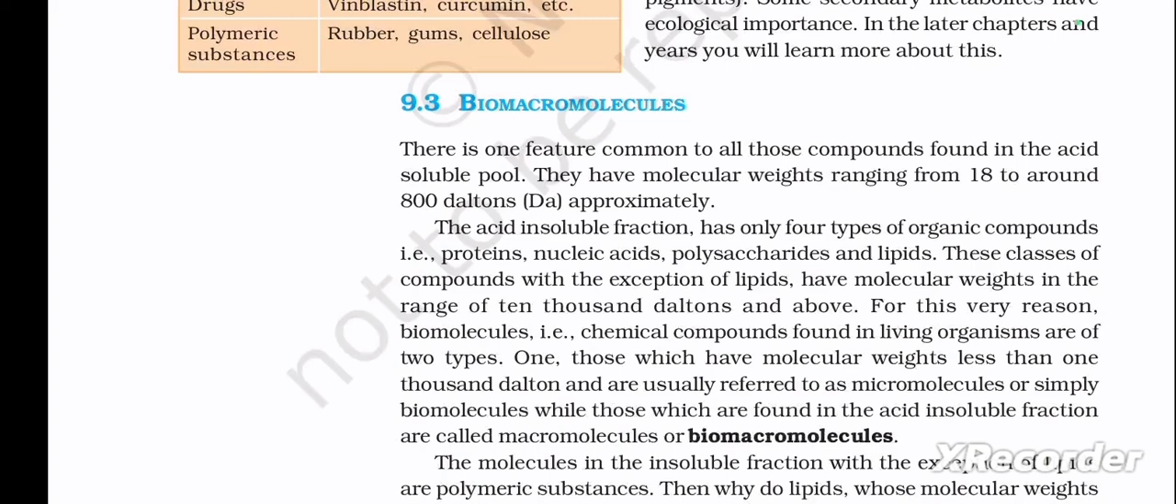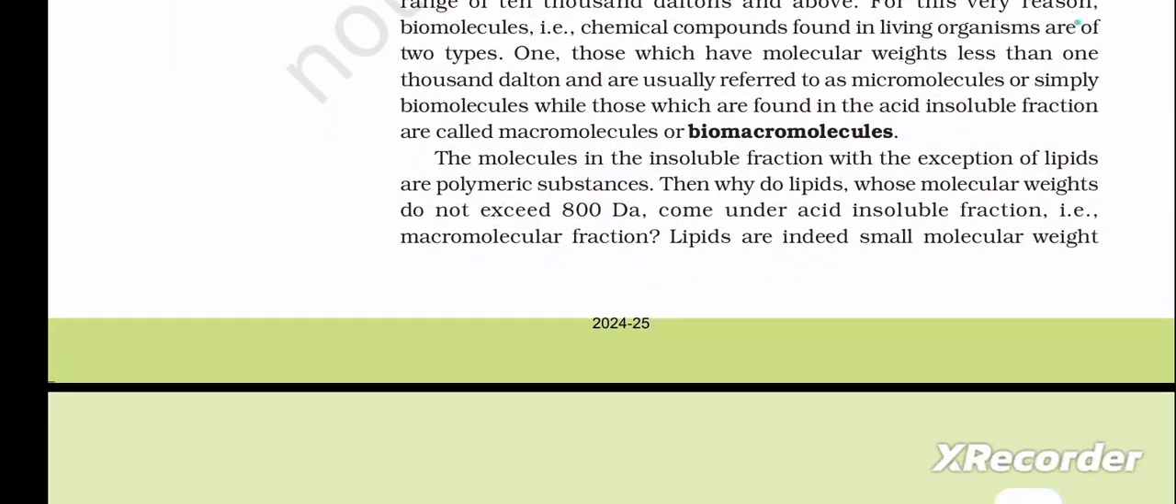One, those which have molecular weights less than 1000 Dalton and are usually referred to as micromolecules or simply biomolecules, while those which are found in the acid insoluble fraction are called macromolecules or biomacromolecules. The molecules in the insoluble fraction, with the exception of lipids, are polymeric substances. Then, why do lipids whose molecular weights do not exceed 800 Dalton come under acid insoluble fraction, that is, macromolecular